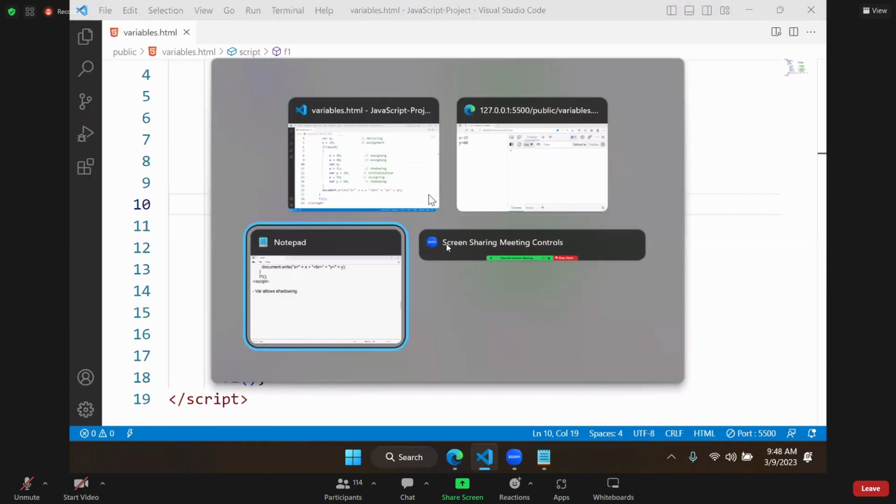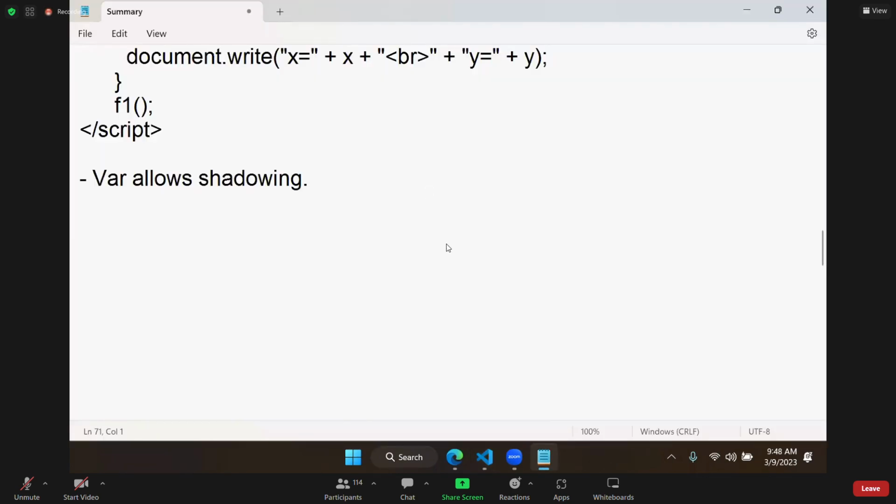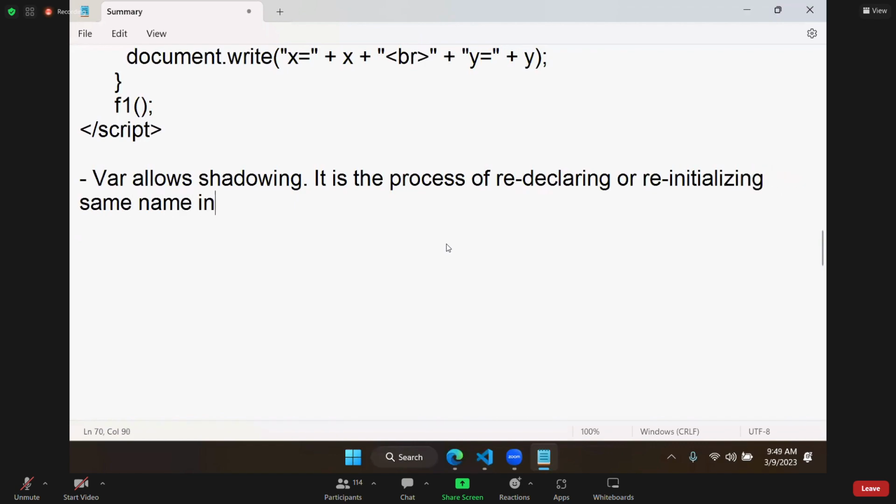So what is the meaning of shadowing? Shadowing is nothing but the process of redeclaring or reinitializing the same name identifier within the function scope, because var belongs to function scope. So var allows shadowing, var allows